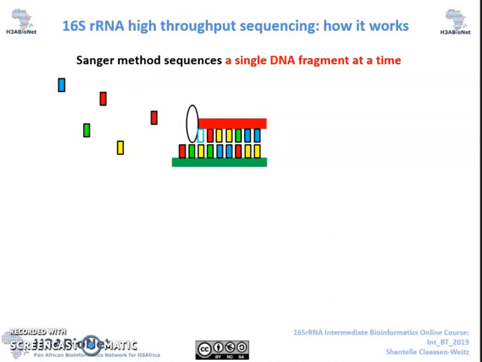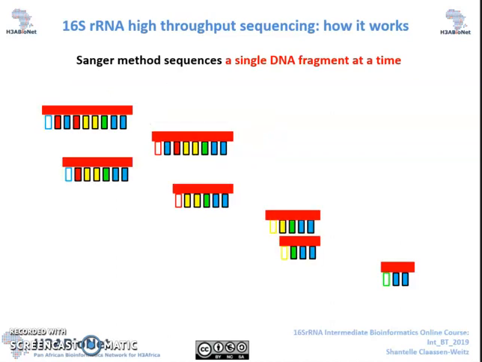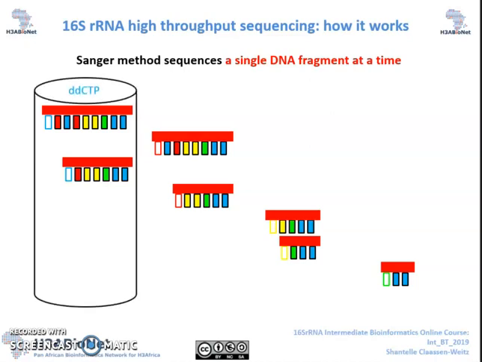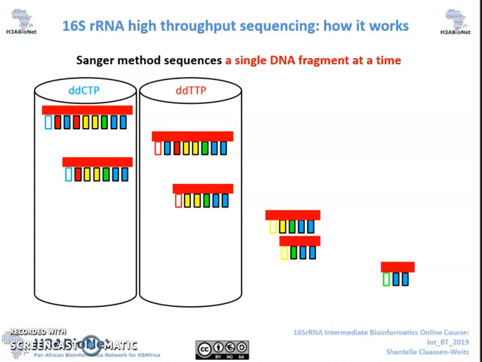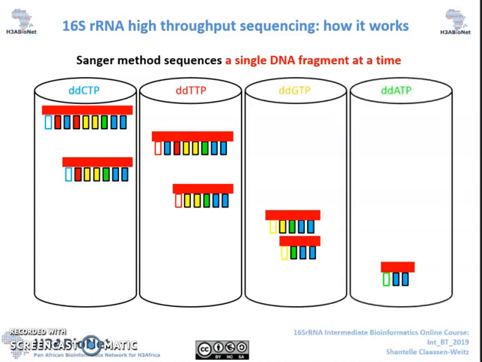DNA synthesis stops when the DNA polymerase adds a dideoxyribonucleic acid. Synthesis stops at that position and the DNA polymerase falls off. DNA polymerase does not discriminate between the dideoxyribonucleic acid and the deoxyribonucleic acid, and this results in new DNA strands of varying lengths. Synthesized DNA strands from each of the tubes containing the 4 dideoxyribonucleic acids ddCTP, ddTTP, ddGTP, and